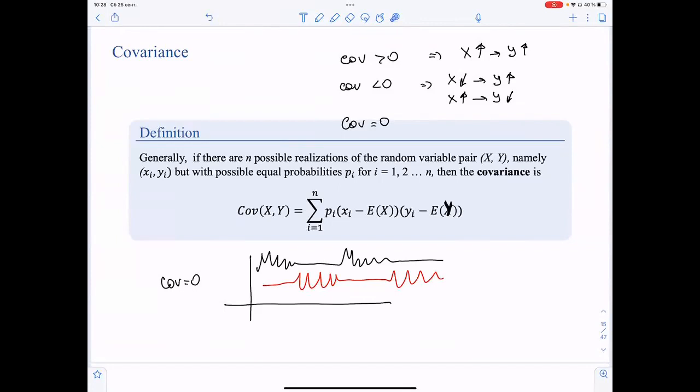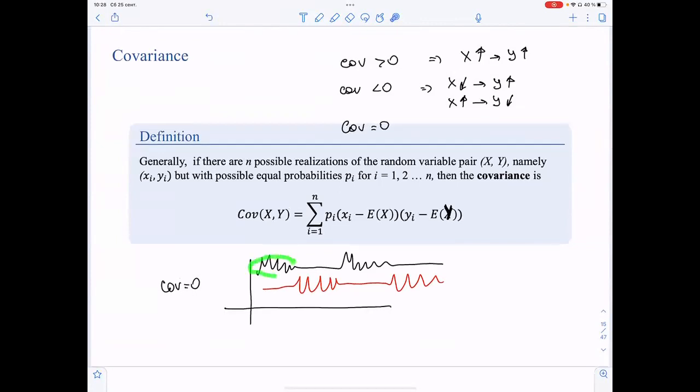If it is 0, it means that while one random variable was fluctuating, another was flat. It was fixed, so it was equal to its own expectation. While once the first is not fluctuating, the other was fluctuating a lot. And if two random variables have no periods of time when both of them are fluctuating, then their covariance is 0. Well, that's the way it is defined.